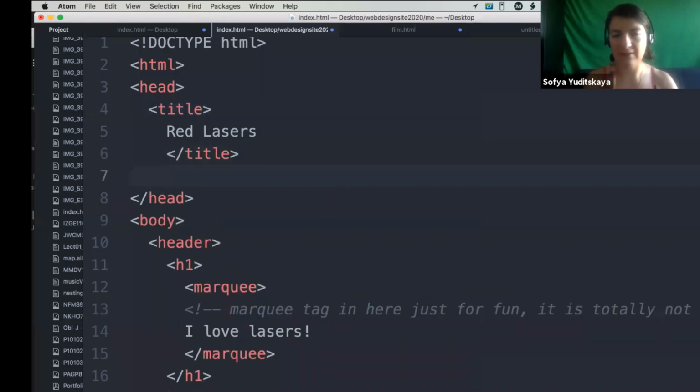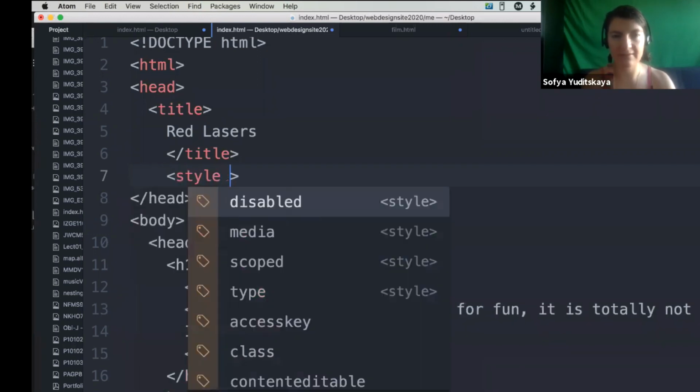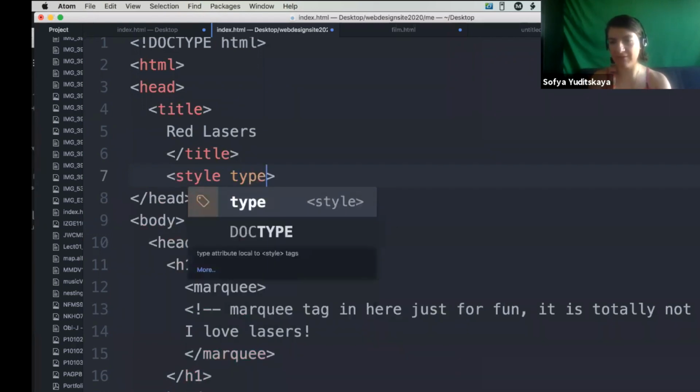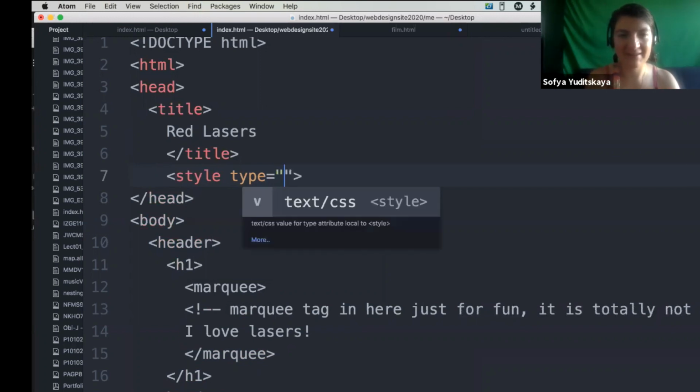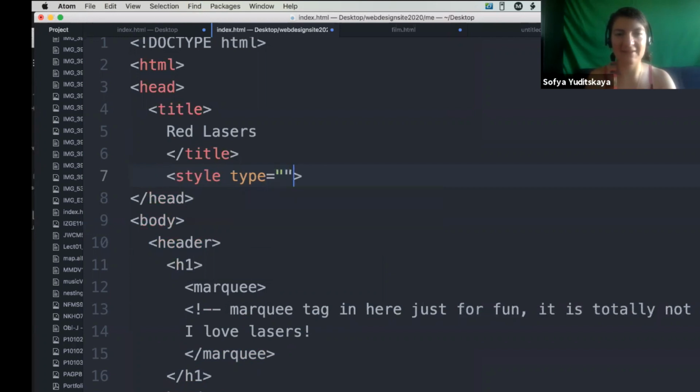So the CSS, this is called an inline style sheet. So we're going to make a small style sheet within our HTML document. We're going to open a style tag, and then we're going to say type. So what kind of styling are we doing? Although I'm not familiar with any other kind besides CSS out there, but anyway, we say the type. So we're going to say type equals,